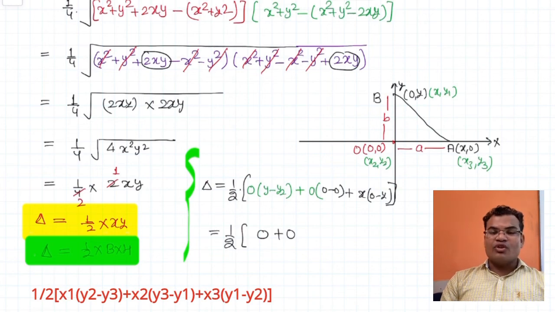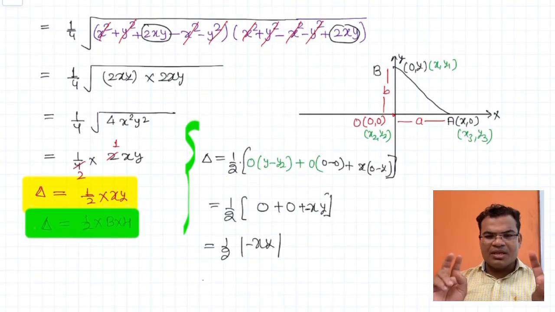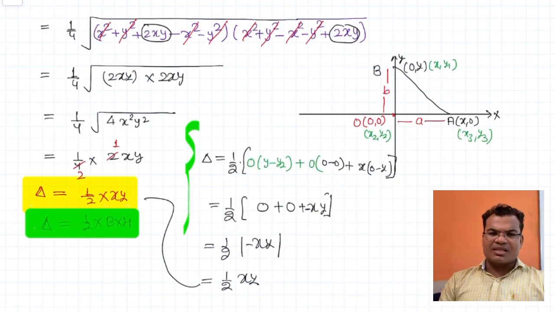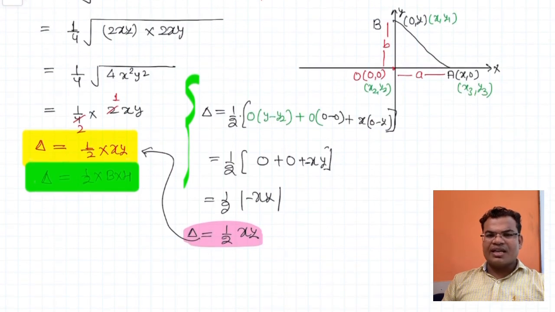y. So when you multiply x into 0 minus y, that will become minus y into x is minus xy. So minus xy, and we know that area of the triangle always comes in the form of positive values. So I will put here the mod, meaning the positive value, always you take it. So 1 by 2 minus xy will become plus xy, and this is somewhere 1 by 2 base into height, or you can say 1 by 2 x into y. When this is put in our formula of the coordinate geometry, area of the triangle,